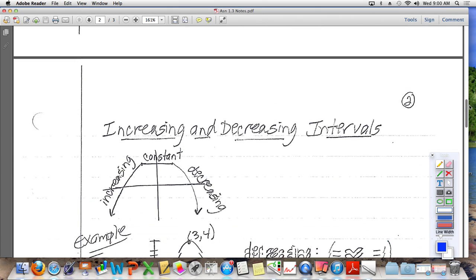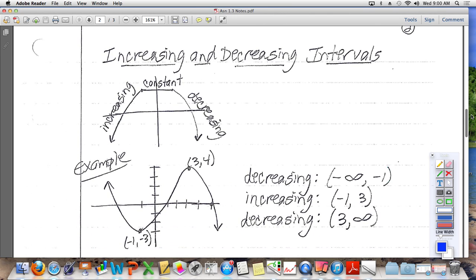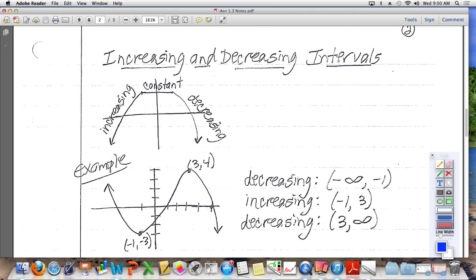There was one more little part that I wanted to get to here, but we are kind of cutting it close. So I think I'm going to stop right now. It's not difficult, but if tonight when you're working on your homework, it's asking you to list where it is increasing and where it is decreasing, you can do one of two things. You can just not do it and wait and we'll talk about it tomorrow. Or if you'd like to,